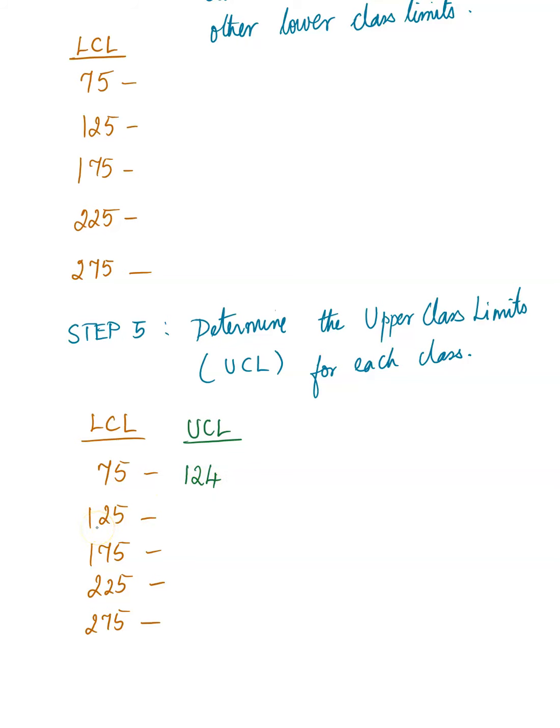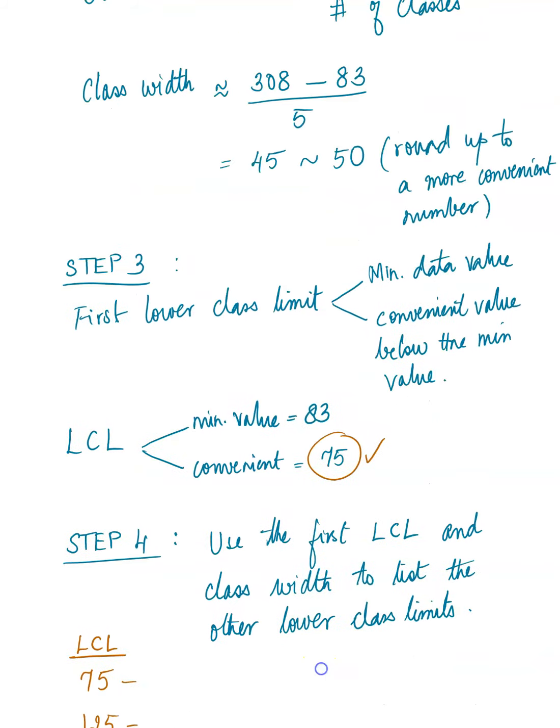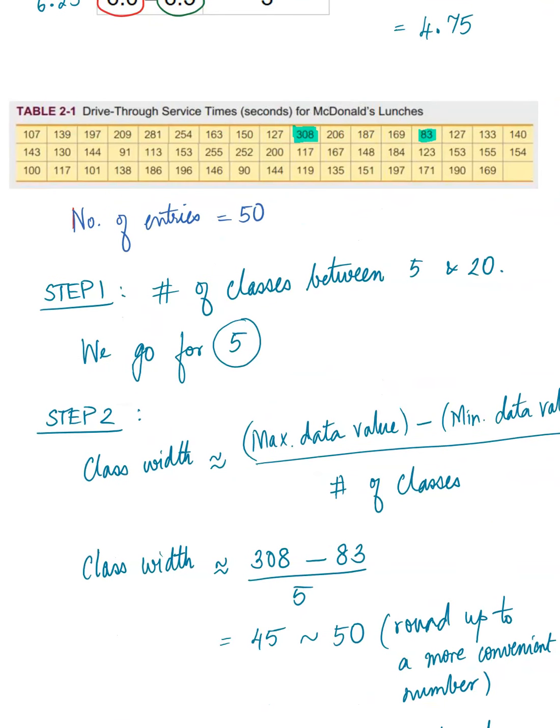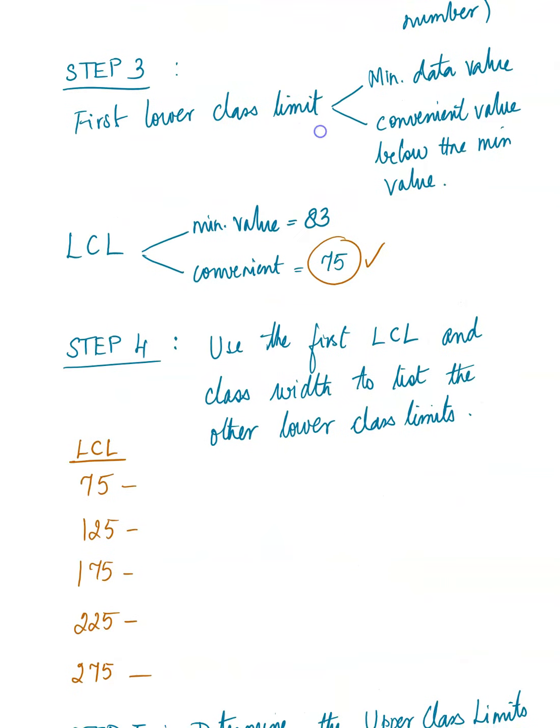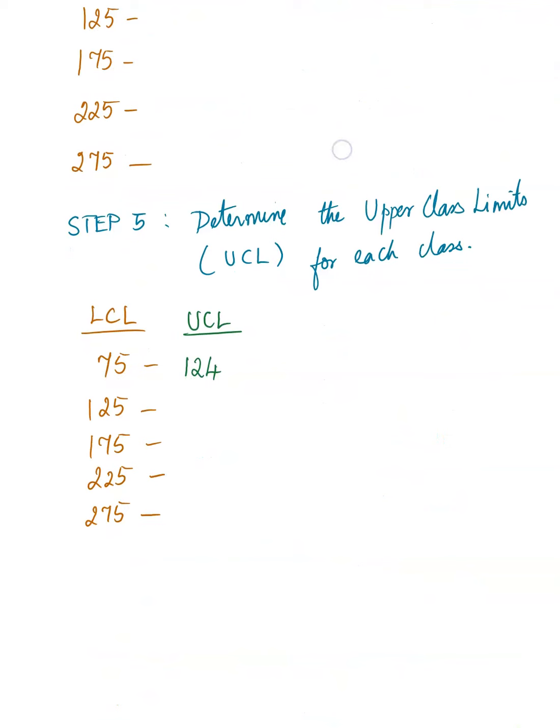What if you had 124.1, 124.3, 0.7, and so on? Now, if we look at our data, we don't have that issue just because your data sets are whole numbers, right? We don't have any decimal values. But remember, we will take care of that gap later when we talk about histogram. But for now, we are just building a table. So this will be one less than 175, so that's going to be 174. So that's going to be 224,